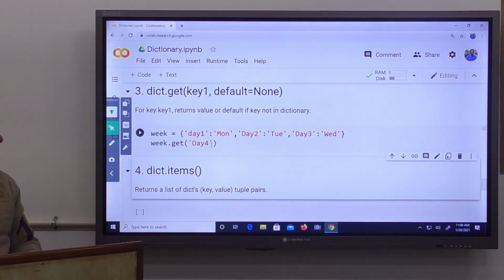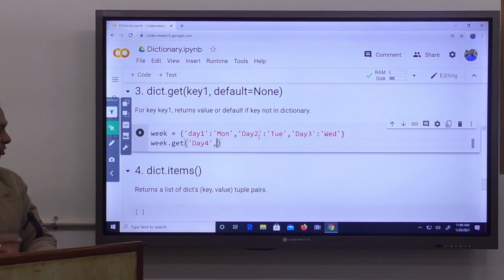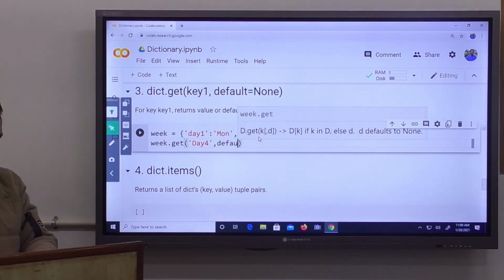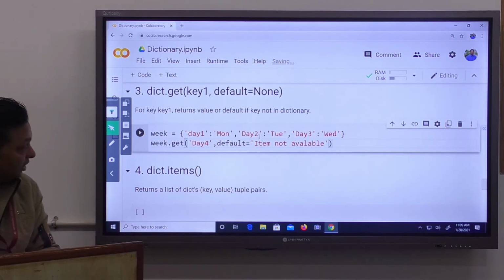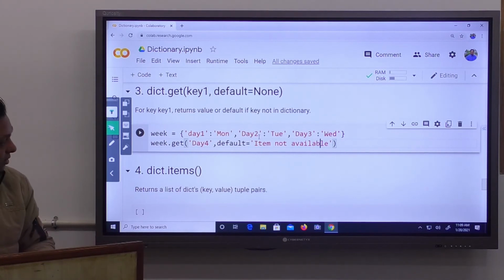If you want to customize this default value, you can. How can we customize it? We can write here comma default is equal to and your customized message. Suppose I write here "item not available". Run it.